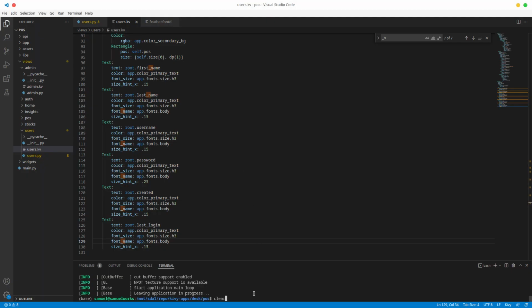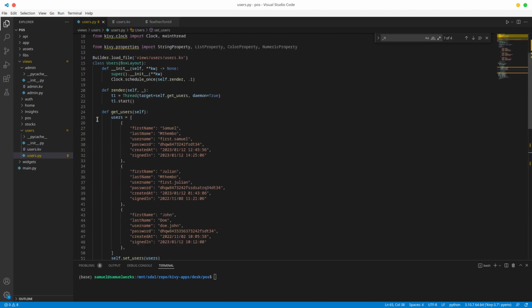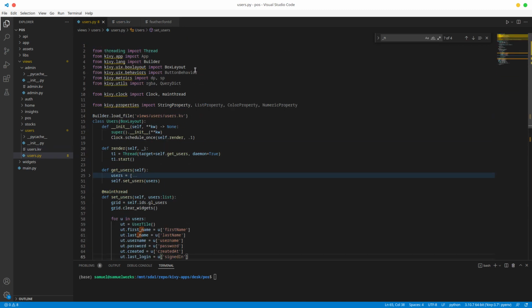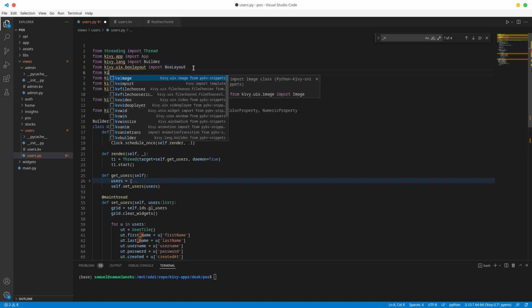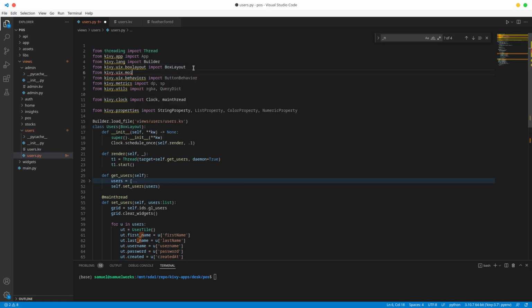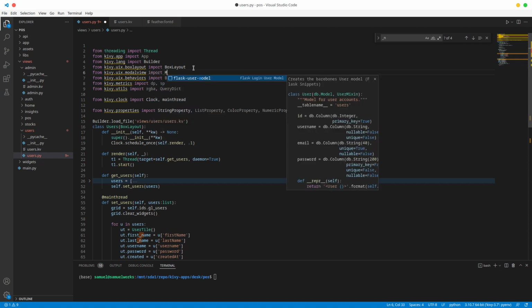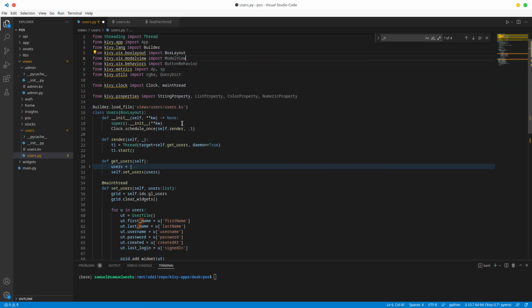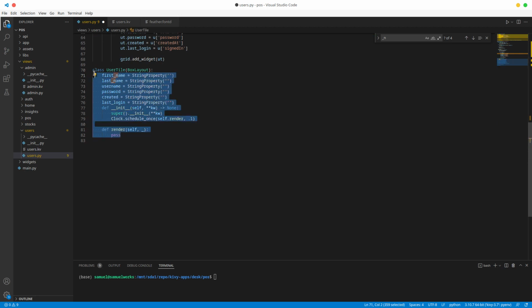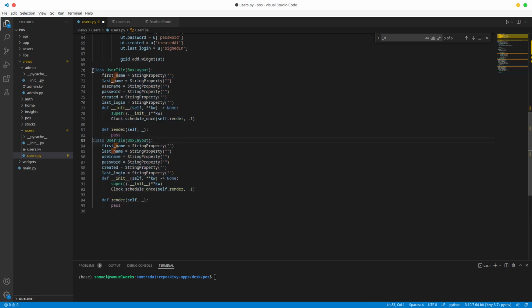Alright, clear our terminal. And then what we're going to do is go there, and for now I'm just going to close that out. And we need a modal view, so from kivy.uix.modalview, not modal, modalview. Alright, awesome. Now we're just going to copy this because I am too lazy to type the whole thing over and over again. So just going to do AddNew, which inherits from the ModalView,